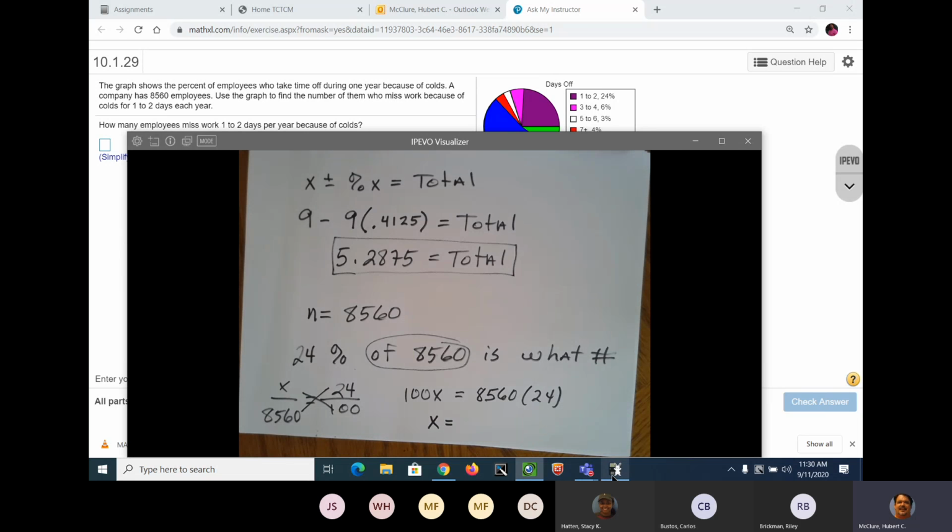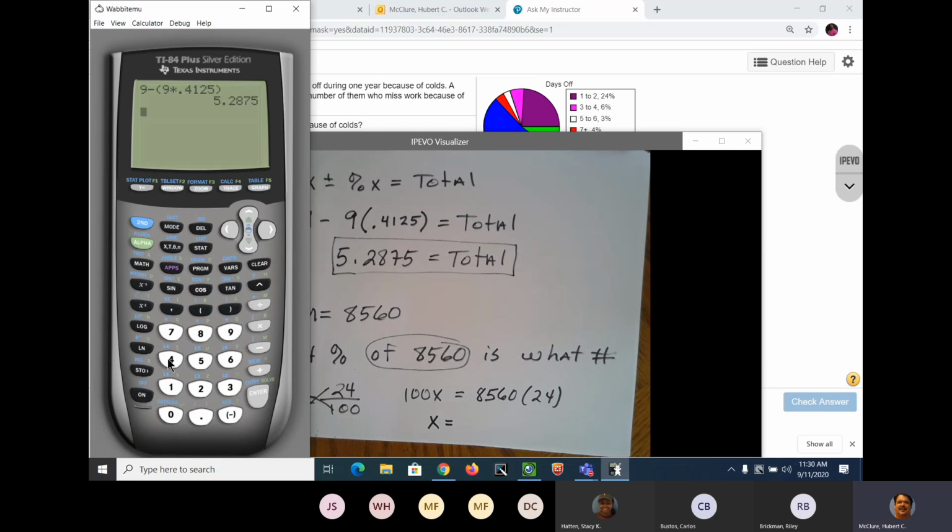So take your handy dandy calculator, and that's going to be 85/60 times 24. And you can move the decimal, or you can divide by 100, either one. 2054.4. And in statistics, when you're dealing with people, that would be 2055, because there's no such thing as half